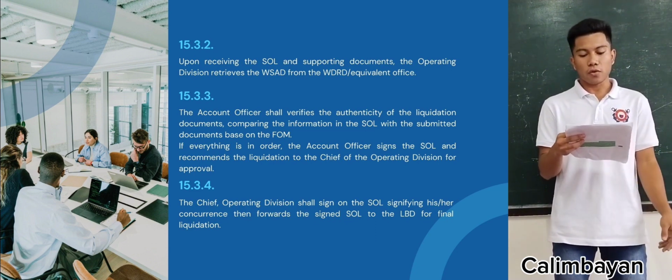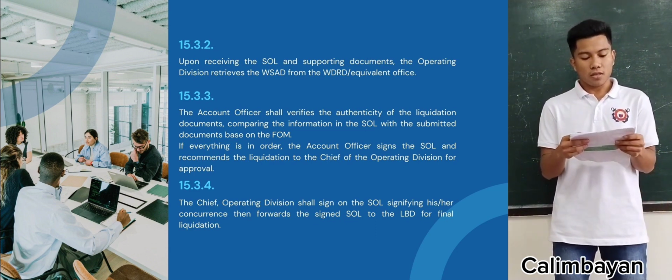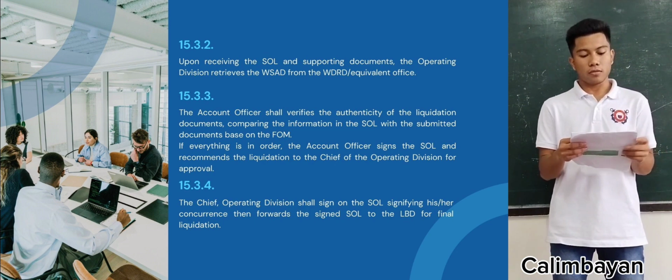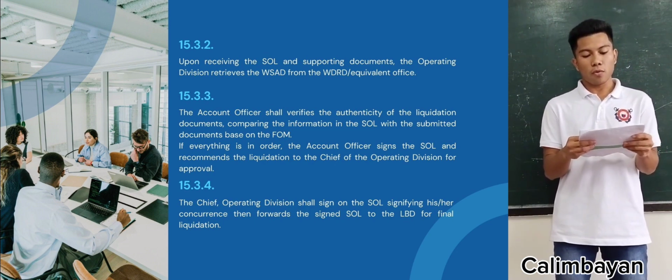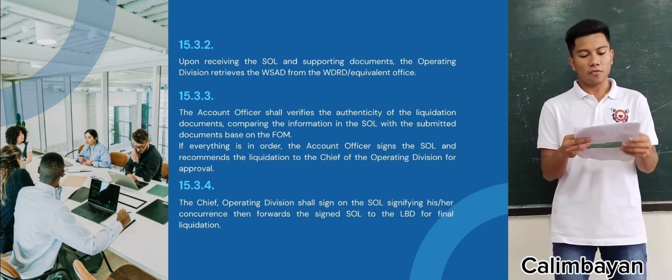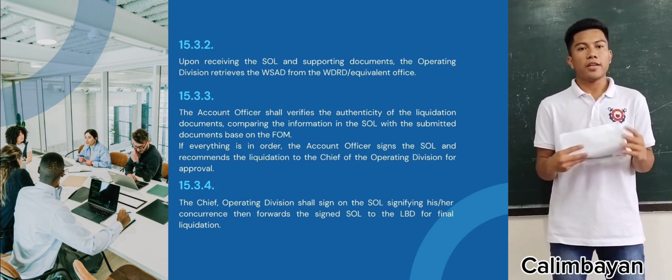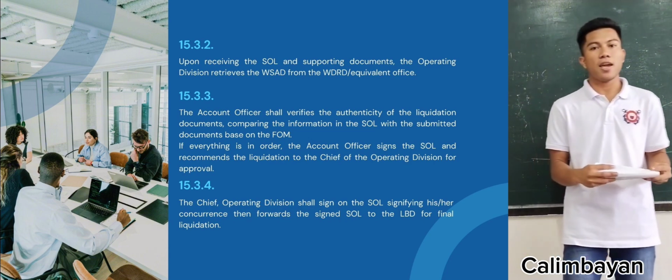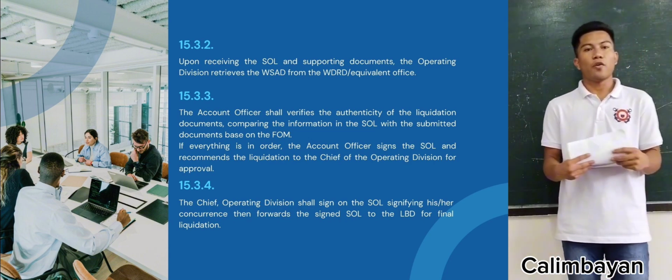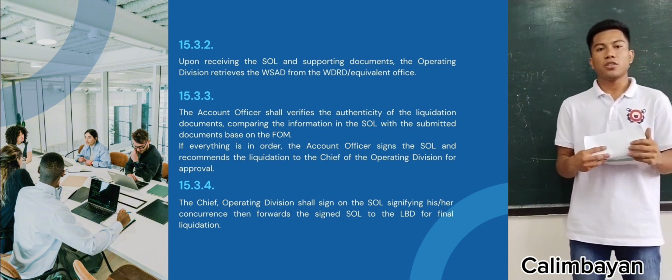Quantity of wastages, rejects, or byproducts. C. Quantity of raw materials subject of local sales or domestic consumption. D. Quantity of raw materials condemned or abandoned, if applicable. If everything is in order, the account officer signs the SOL and recommends the liquidation to the chief of the